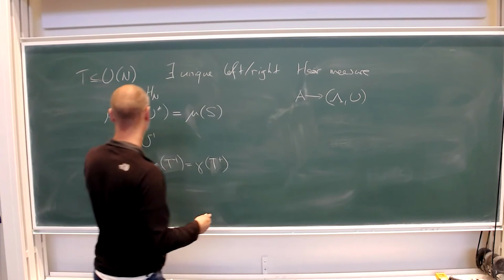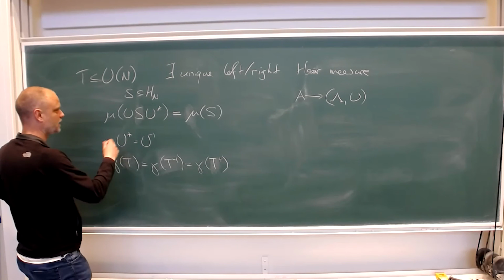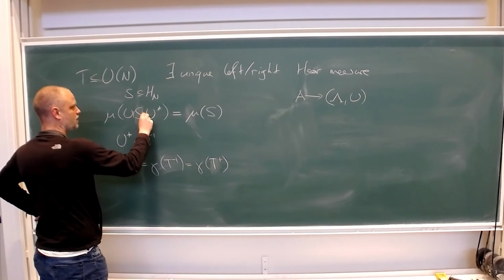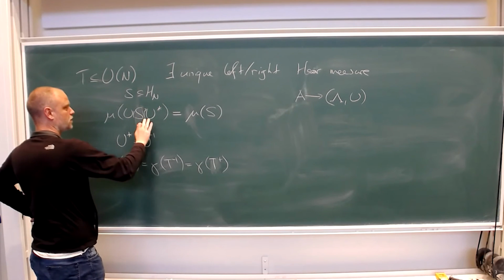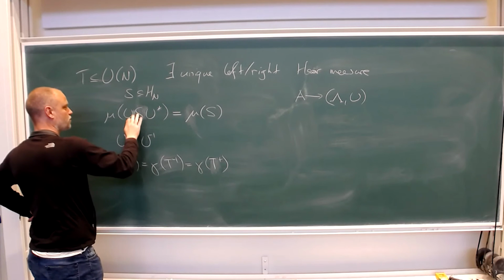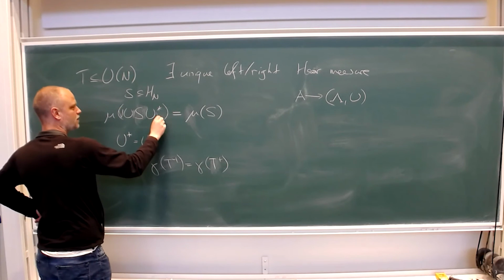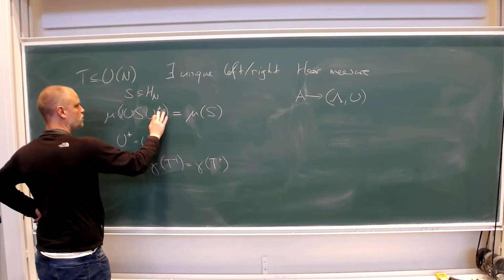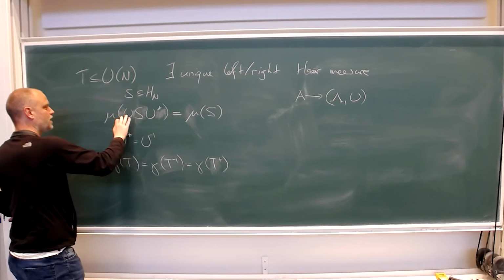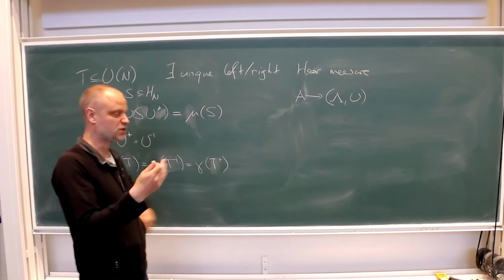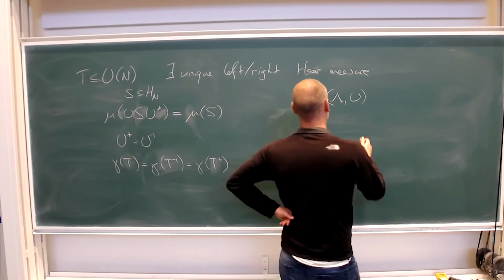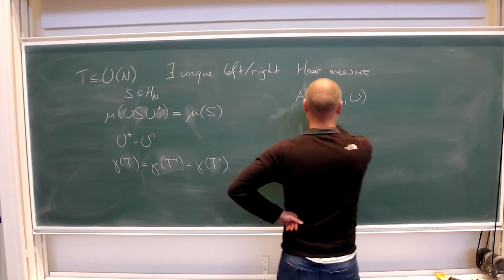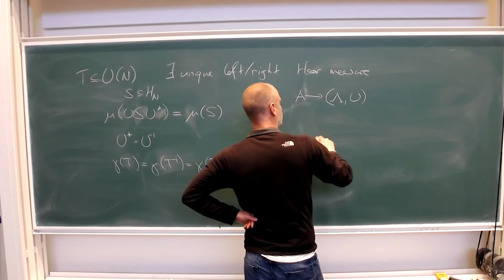I mean, clearly here, if I stick in a V here, then I get a V star there. So I have some sort of right invariance, and I put a V here, and I get a V star over here. So I have some left invariance as well. But since the Haar measure is both left and right invariant, we can believe that doing the pullback here,